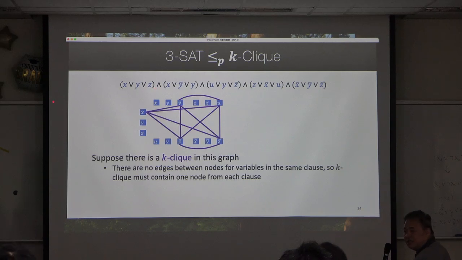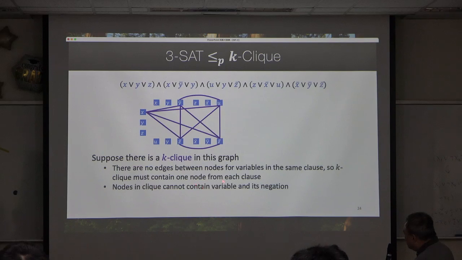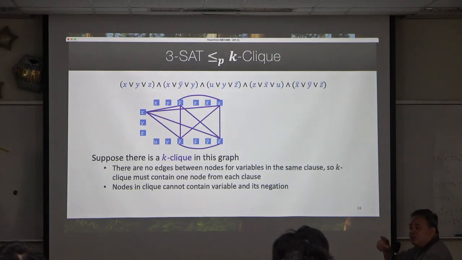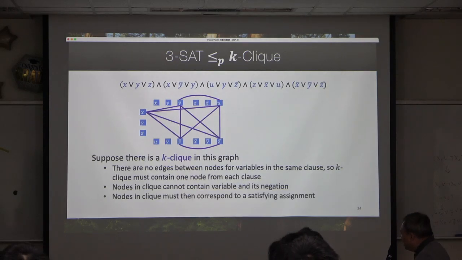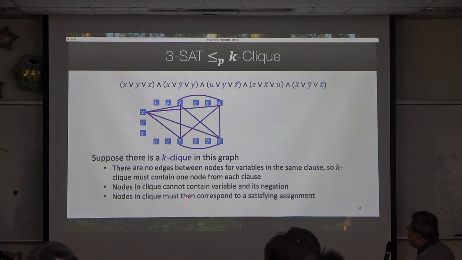node 一定是从不一样的 class 来的，对不对？这第一点。The second thing, okay, nodes in the clique cannot contain a variable and its negation. 就它不能互相冲突嘛，对不对？就是在这个 clique 里面，in this 5 clique, there cannot be the variable and its negation, 对不对？你最多就是2个是同一个 variable，但是你不会是譬如说 x 跟 not x，because that's 有冲突嘛，冲突我们不会放一个 edge，对不对？所以不可能。